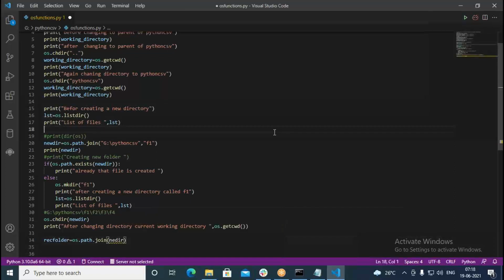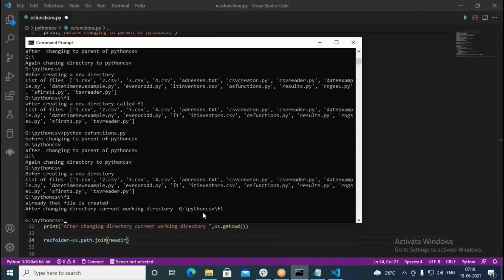That is giving us what exactly? It's giving us the G colon, then slash, followed by Python CSV. In the Python CSV, we have the F1 folder. It's giving you that particular path. So I put this as new dir. If you look at this, it's giving you G colon Python CSV F1, that is the current working directory.